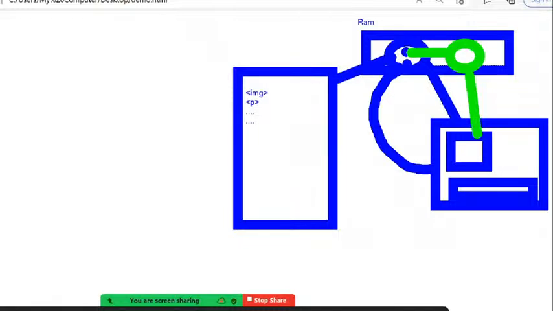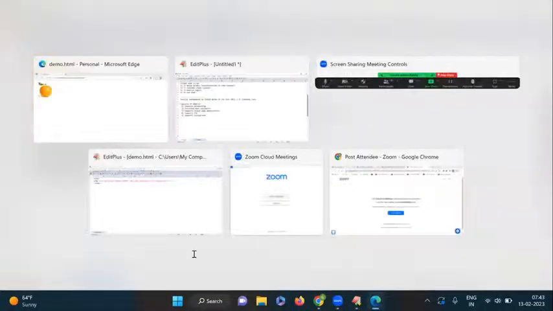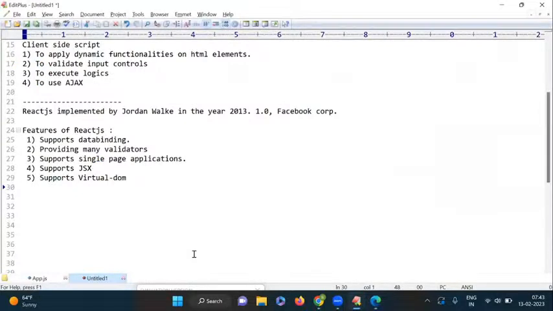Okay, so this concept is not available with other technologies. Is this clear? Yes. So that is a very, very useful concept for us. Suppose virtual DOM, how it is working completely, I will show you once again. So that is a very big advantage for us. Okay. Next one here,